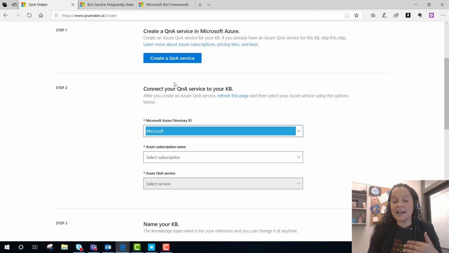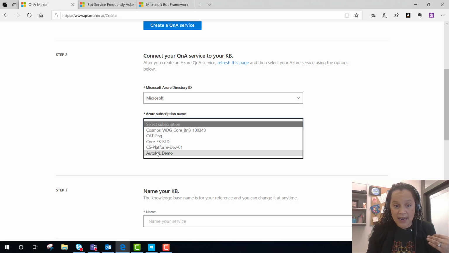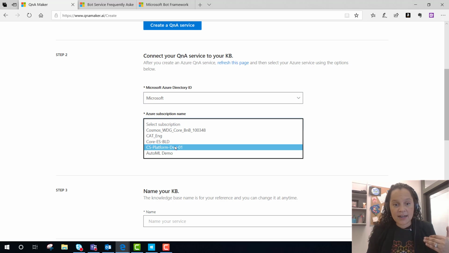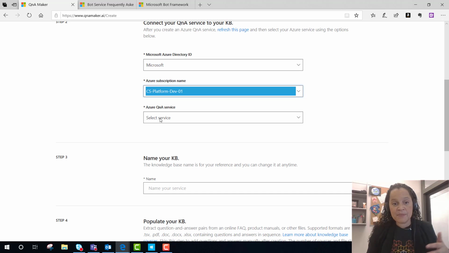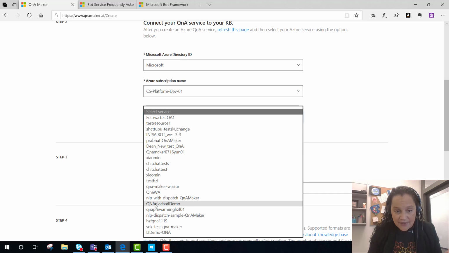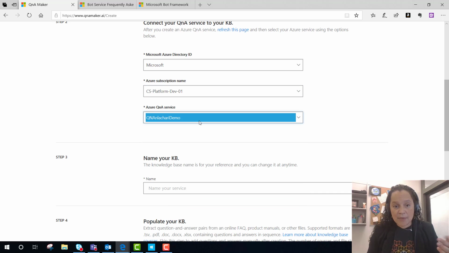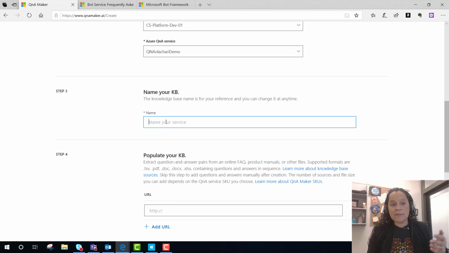Once that's done, you'll just select where in the Azure portal, under which subscription and which tenant you've created this. And I will go here. This is my dev subscription. And then you'll see I have a Noel Charity demo created. I then want to name it. Now in this case, I'm actually going to create a